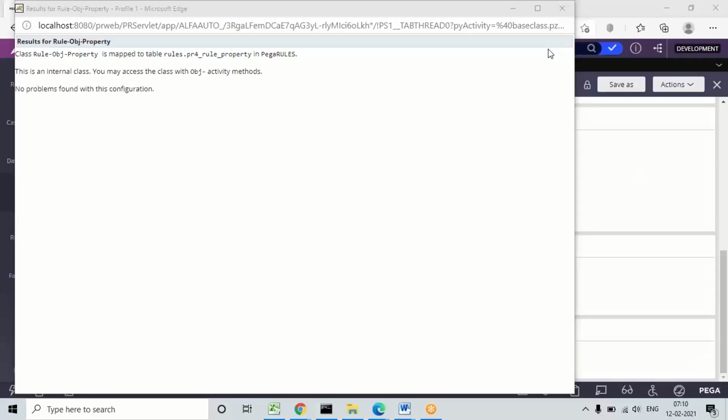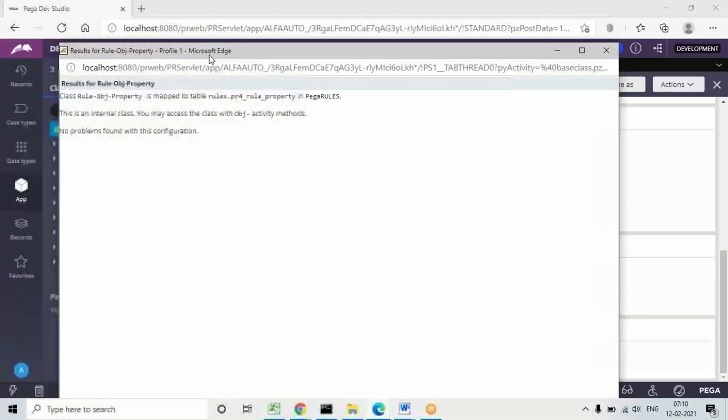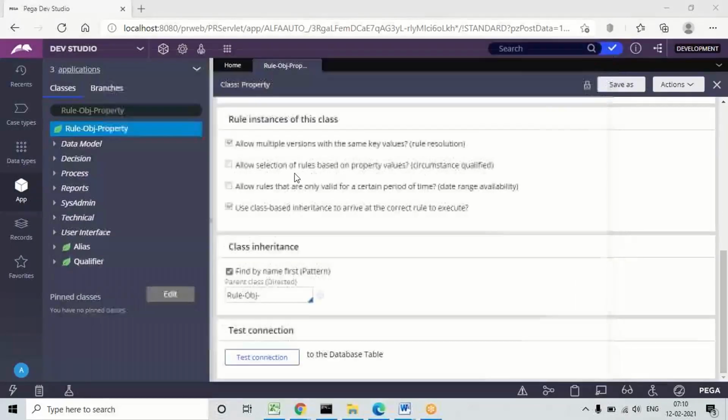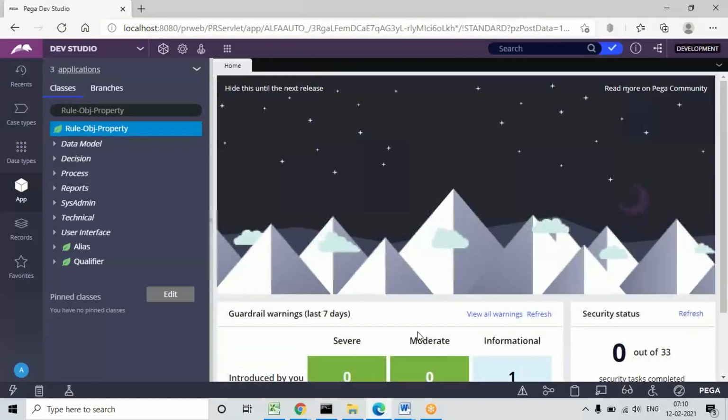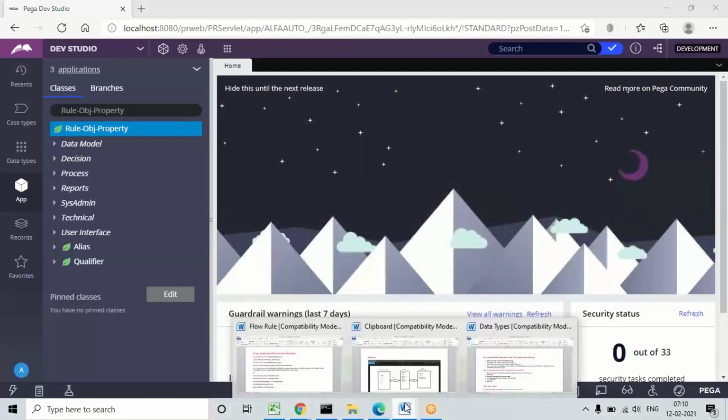Anything we create in the application will be connected to some PR4 table in the background. Okay. Now, this is informational. Just know this. Maybe in certifications or interviews, you may get related questions.